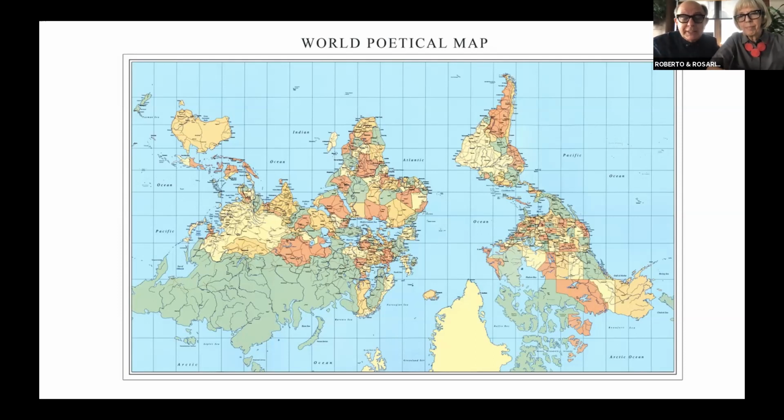We start with a project that is not a public art project, but that somehow is a work that we all may have seen, no matter where we were born, back in Argentina, in New York, Philadelphia, Lancaster, of course, or Mexico. A project that we could have seen in our primary school, a map of the world that is no longer a world political map, but a world poetical map, that shows the world as it is, but from a different point of view.